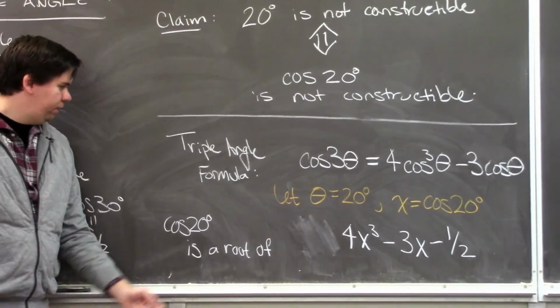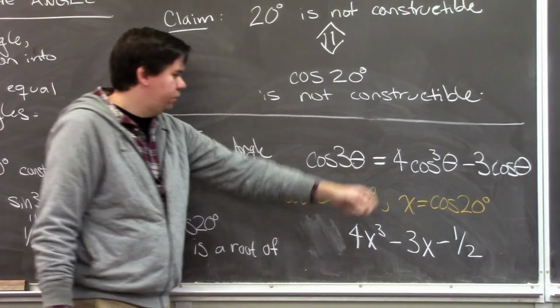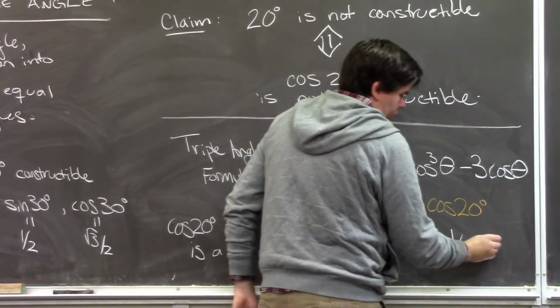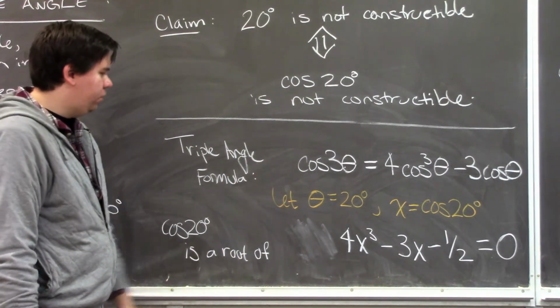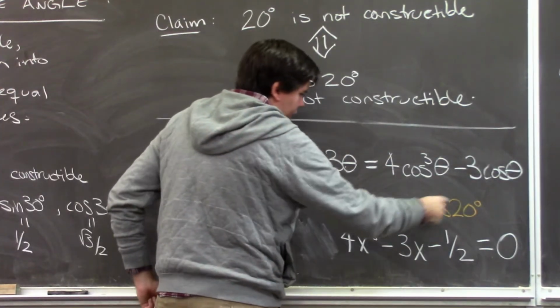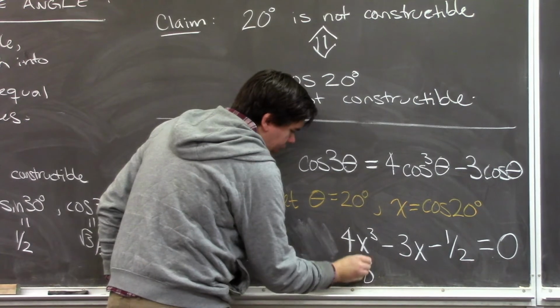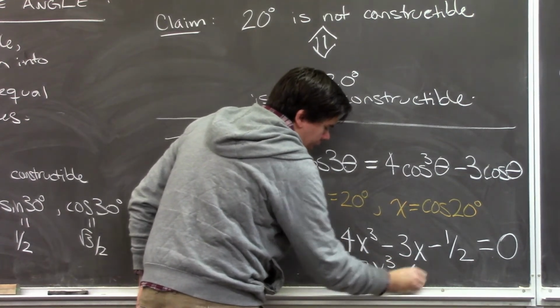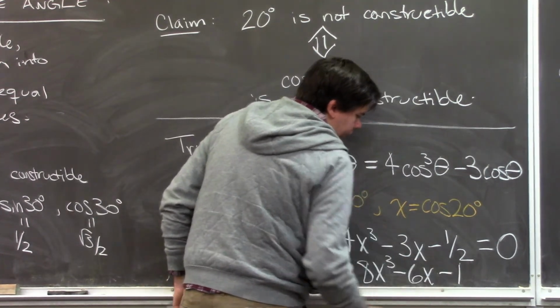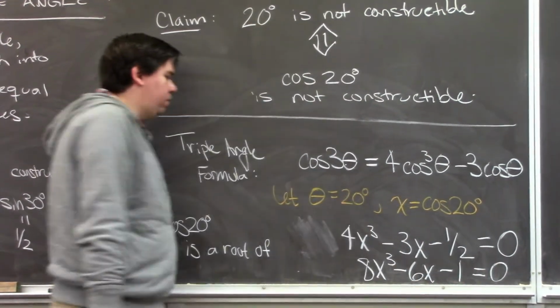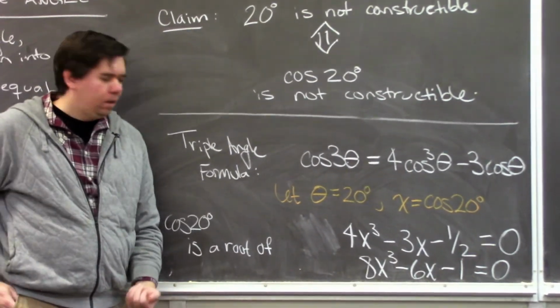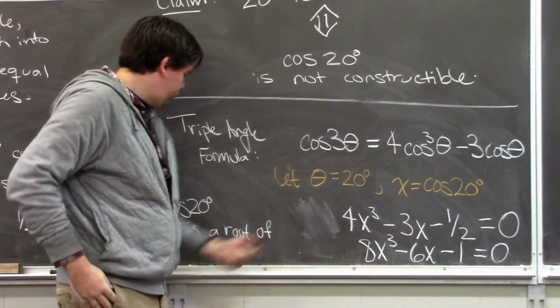Right? If you were to plug in x equals cosine of 20 degrees into here, you would get 0. I don't want to have to deal with a half, so I'm still going to think about cosine of 20 degrees as being a root of 8x cubed minus 6x minus 1. Because if you plug it into there, you still get 0. I just multiplied by 2. And so the question I want to ask